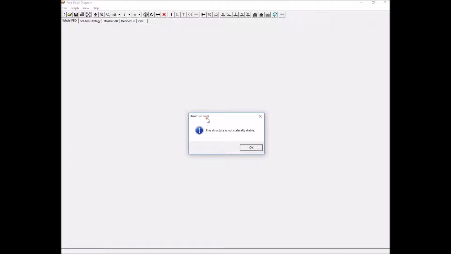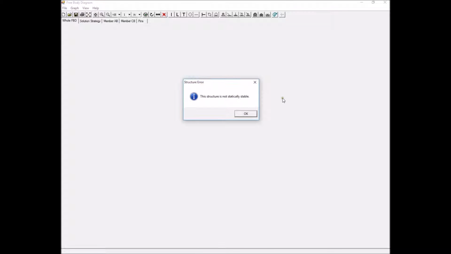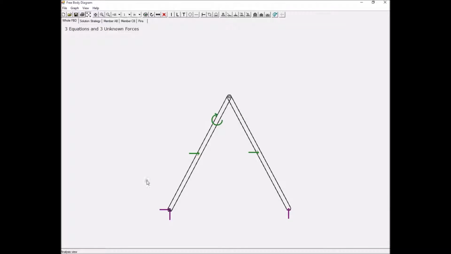So when you click it, the first thing it says is structure is not statically stable. So this confirms what we already knew about it, that we had too many equations and not enough unknowns. So what this really means is that if we take a look at our structure here, when we apply this loading to it, it's going to want to collapse. The node here is going to move down and these members are going to move towards the right. So specifically this member will swivel and this member will kind of swivel up and over to the right as